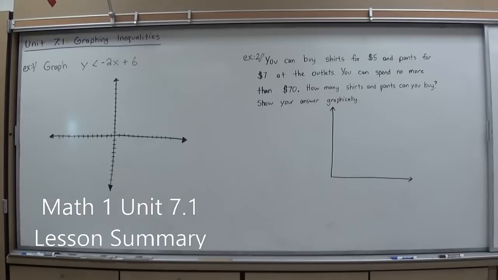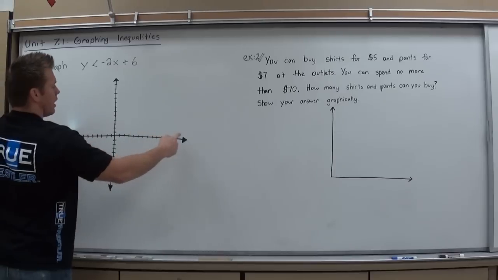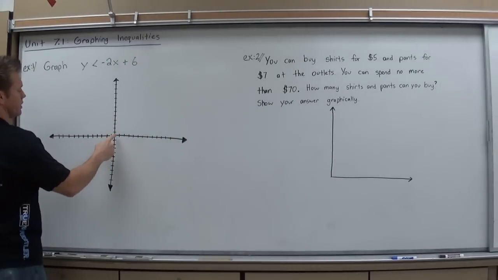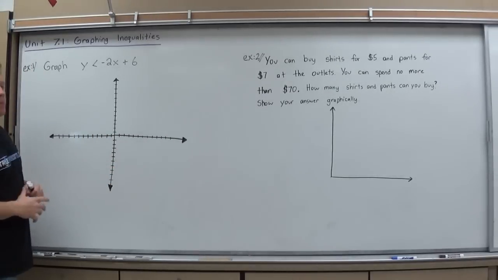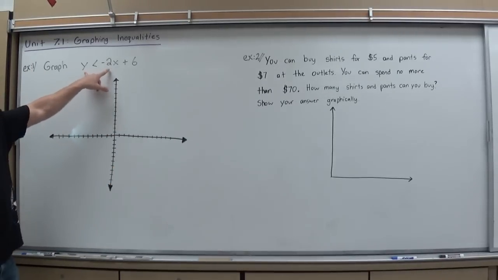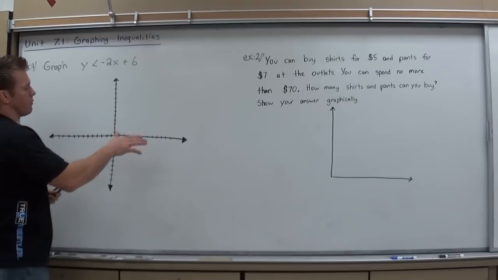We have solved one-variable inequalities and graphed them on a single number line. That's when you graph things like x less than 3. You move over to the 3, you put an open or a closed dot, and shade left or right. Well, now that we have two variables, we have to graph on a full coordinate plane,